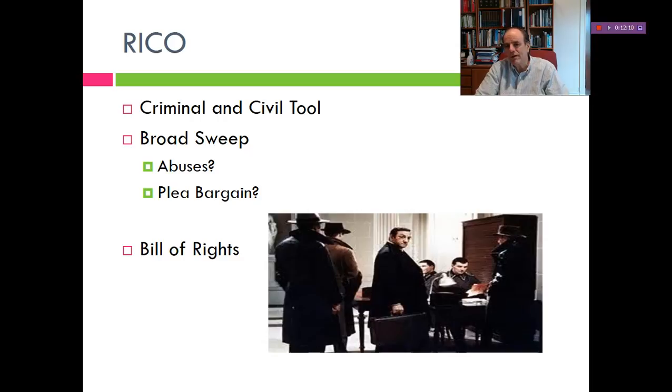Oftentimes these prosecutions start very low, and they're going to knock on your door as a low-end employee and kind of go, hey, you're not the person that's under investigation here. We just want to talk to you about some stuff that's going on at your workplace. Be very careful here. This is where you shouldn't do it. If you're going to cooperate with them, do it with